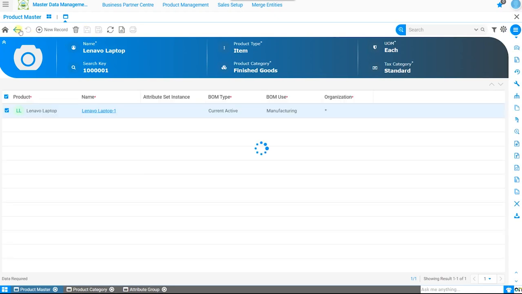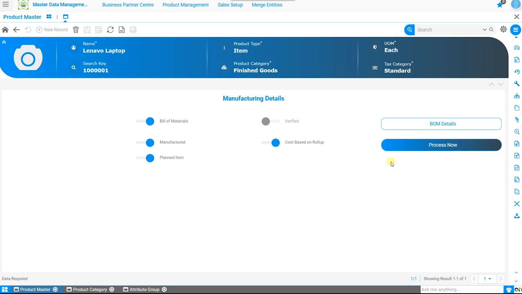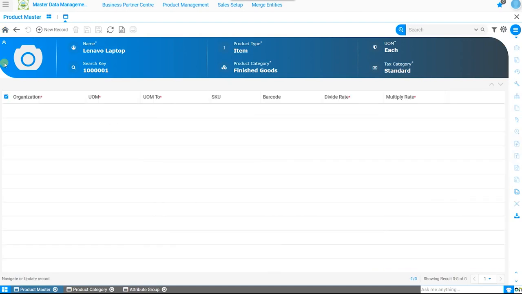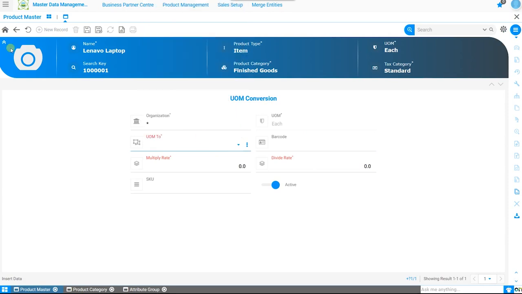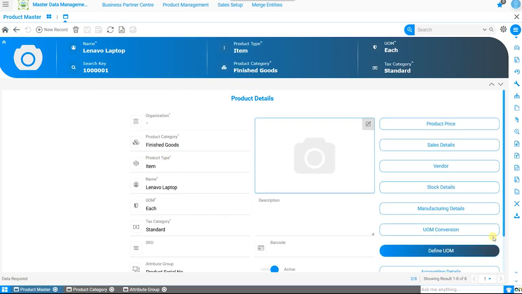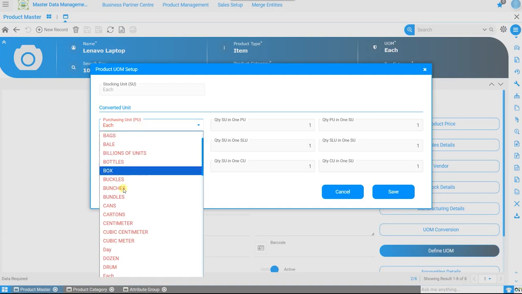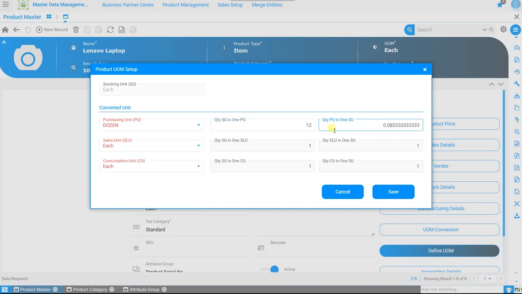After saving, click Process Now to validate the BOM. You will see a success message, and the Verify checkbox is marked True. This completes the BOM configuration. For unit of measurement conversions, go to the Conversion tab or use the Define Unit of Measurement option. The stocking unit is each. If the purchasing unit is dozens, set the conversion factor, such as 12. Similarly, set the sales unit if different. Save the conversion